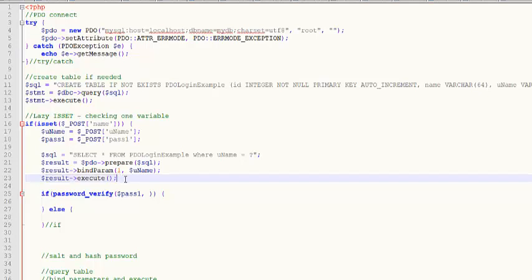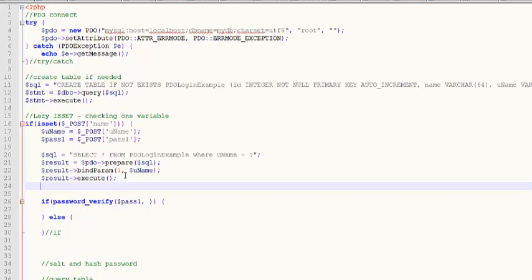We need to actually fetch those results and then look into the results and compare the piece of the results that we care about, which is that salted and hashed field in that table, with this thing. And this algorithm knows to take that, remember that weird field that we're storing? It's going to be able to pick out the salt and the algorithm, and it's going to be able to handle that comparison. But before we do that, what I have to do is I'll say